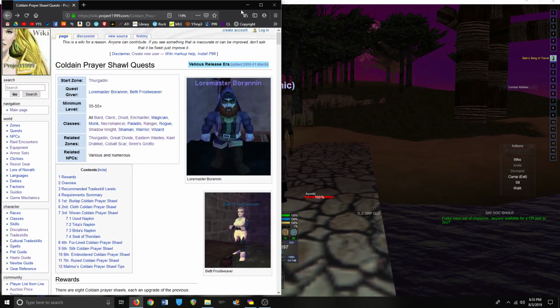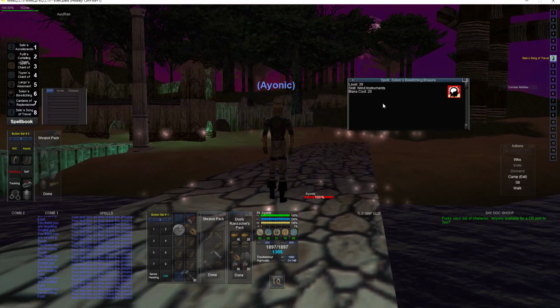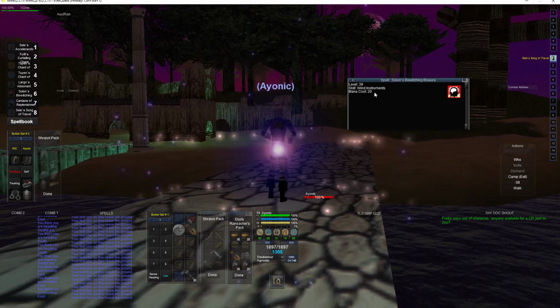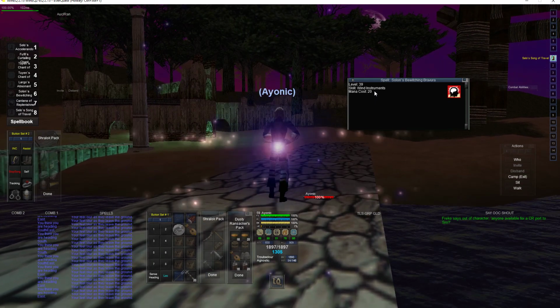The level 39 song, it's called Solon's Bewitching Bravura. On P99 it costs 20 mana for 15 seconds of duration, but on live it costs 60 mana for a full minute. So if you take into consideration